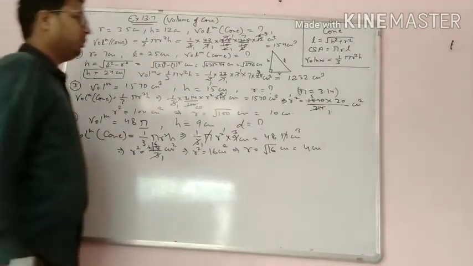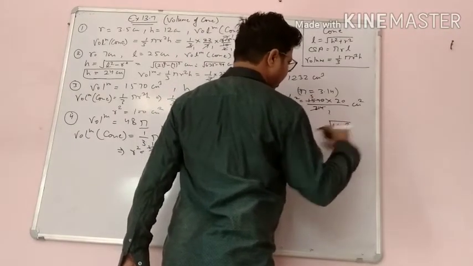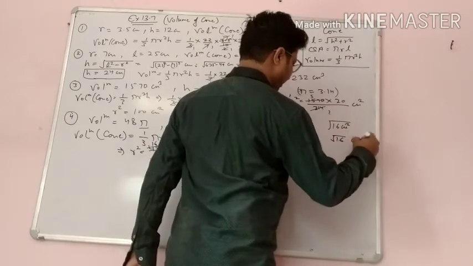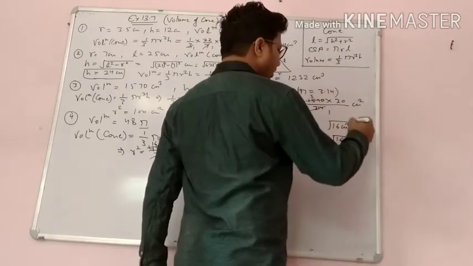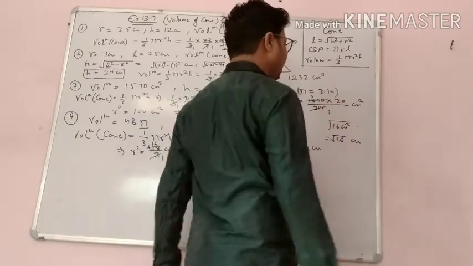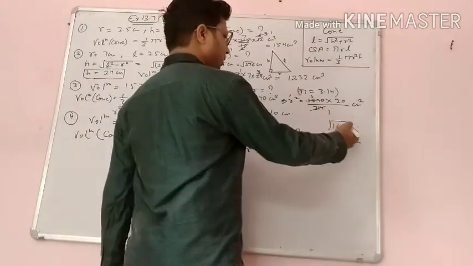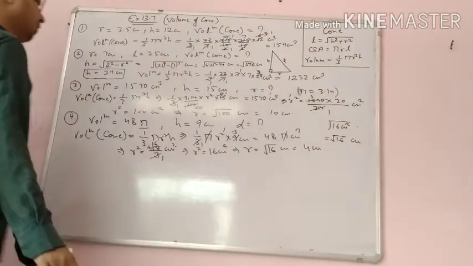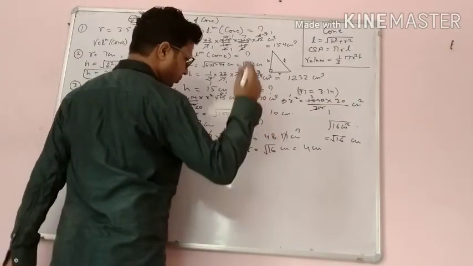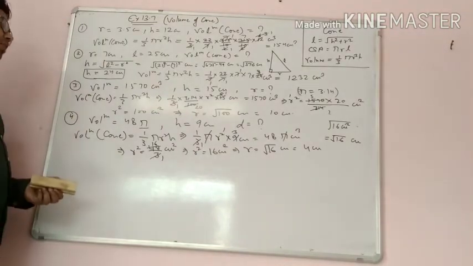Remember that there is a difference. If I write 16 centimeter square, that is complete. Otherwise I can write 16 centimeter. The two things are different but they have the same value. Clear about it? Both are equal because if you take the square root of centimeter square, it becomes centimeter. So remember that if you are writing centimeter, the square root will end here. Yes, simple question is that.